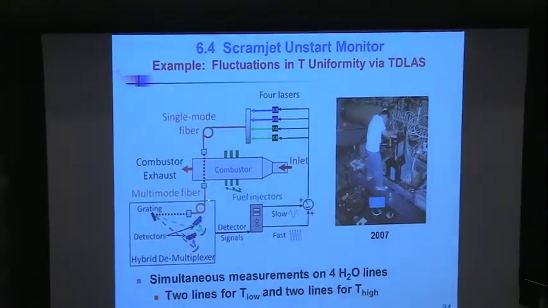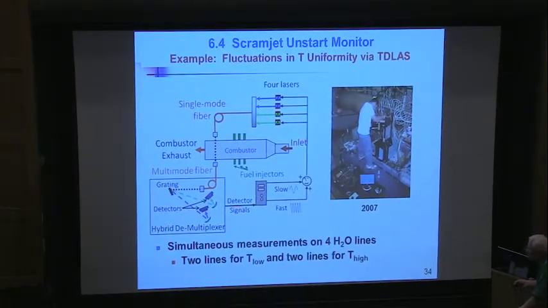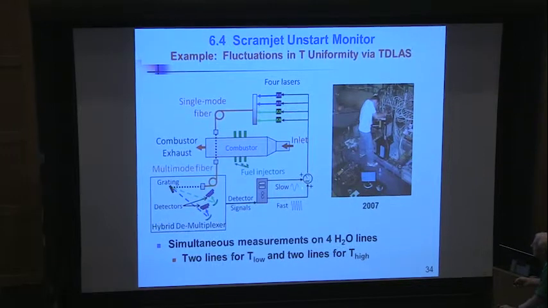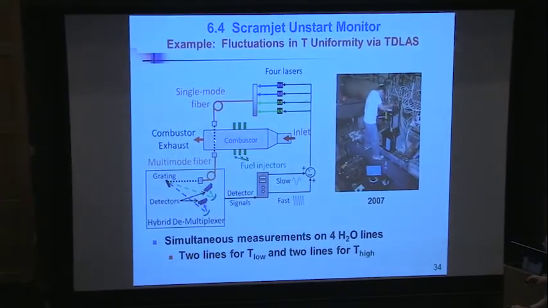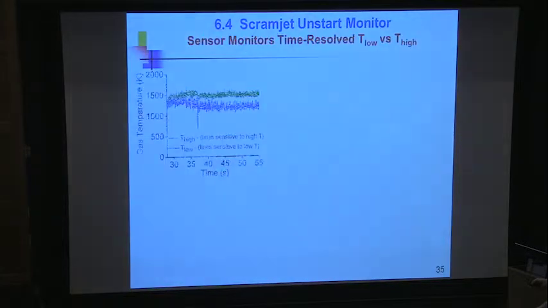And we take that light, pass it across the combustor, and distribute it over some detectors. We're going to do wavelength modulation. And here's the inlet flow. And the question is, what's happening? What does the combustor produce before the exhaust? So we're going to measure 4 water lines, and we're going to infer really 2 values